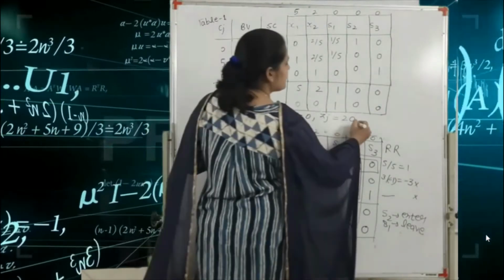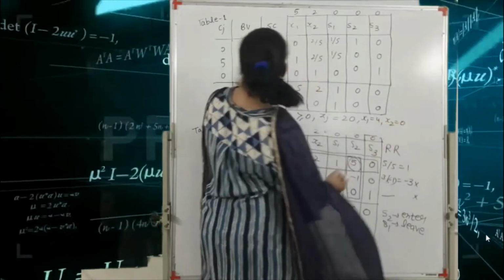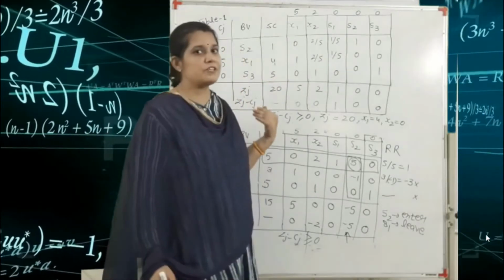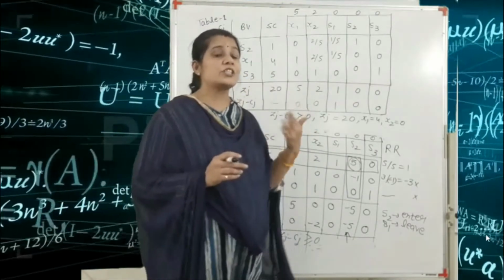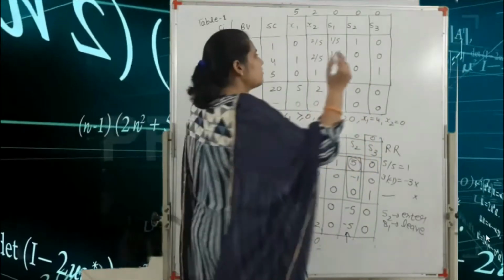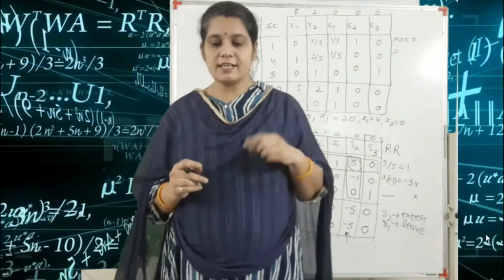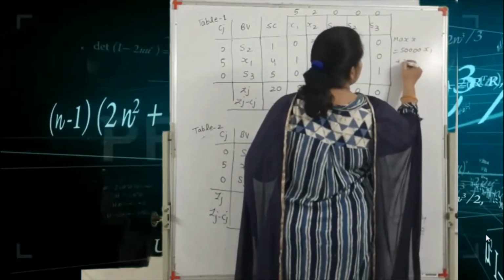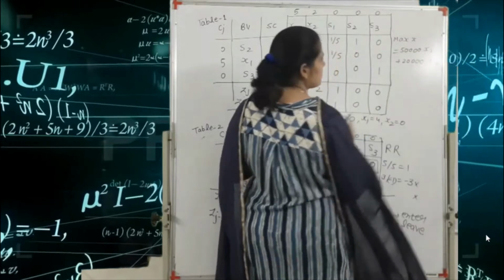Okay, and here x1 is equal to 4 and x2 is equal to 0, because only the value of x1 is equal to 4 and the other two values are s2 and s3. So we use only the decision variables. So x1 is equal to 4 and x2 is equal to 0. But the question is given in the 50,000. So here maximize Z, your original question, is 50,000 x1 plus 20,000 x2. So here put the value of x1 equal to 4.